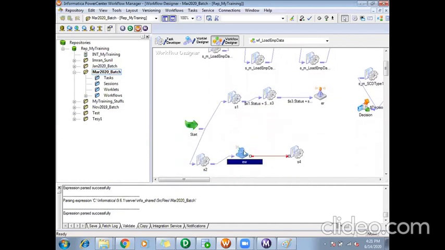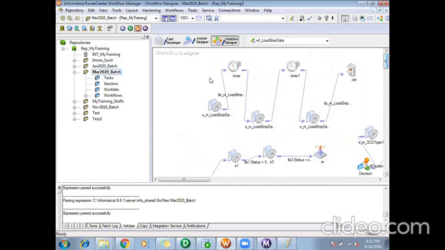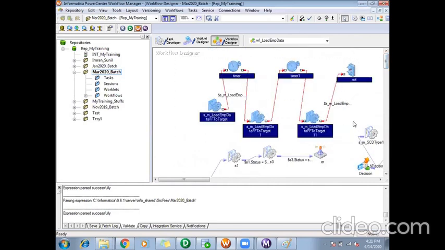Okay, so assume this was your workflow. And even this part, checking whether the batch has completed or not, will be a part of your workflow. Before starting your workflow, you want to ensure the data is available, the batch is completed.